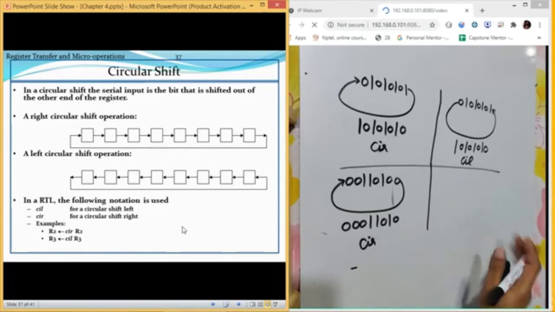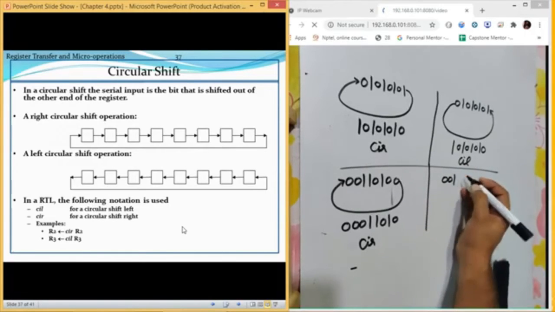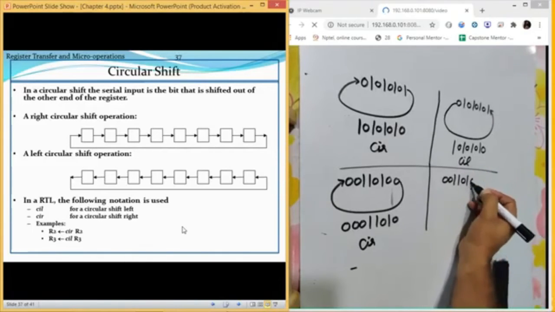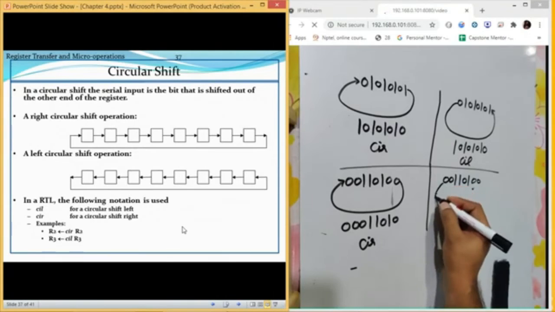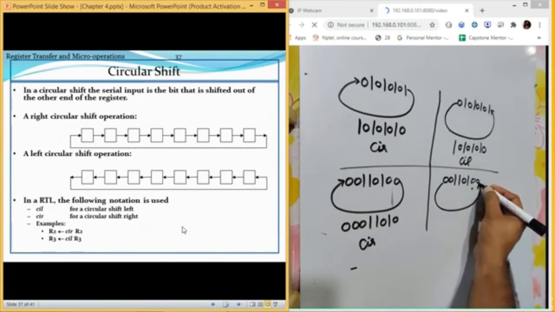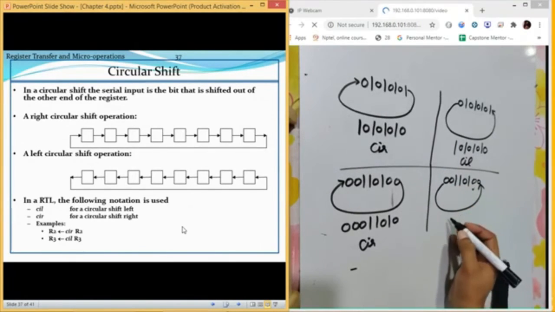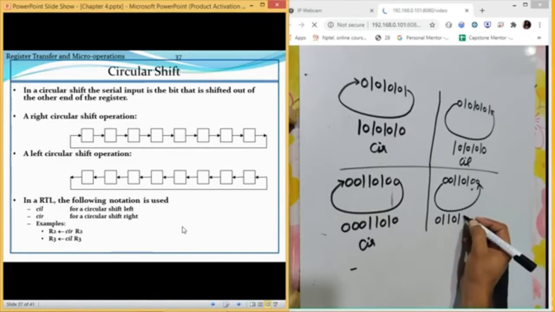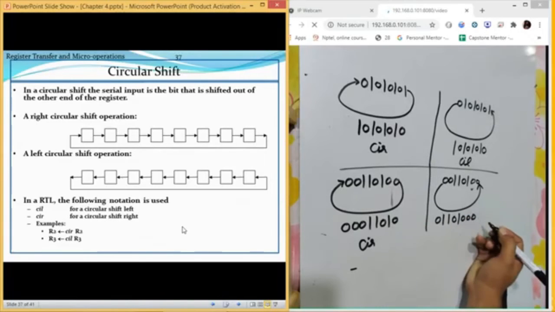Next, let us perform the circular shift left on the same data. In this case, this value will move to this place. So now what we are going to have is 0, 1, 1, 0, 1, 0, 0, 0.